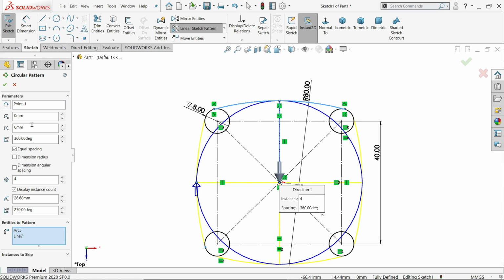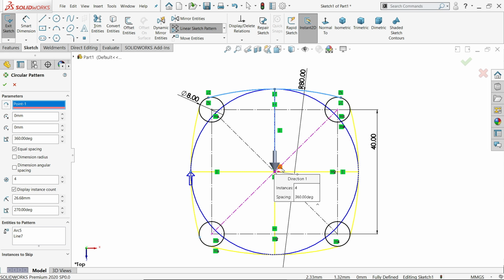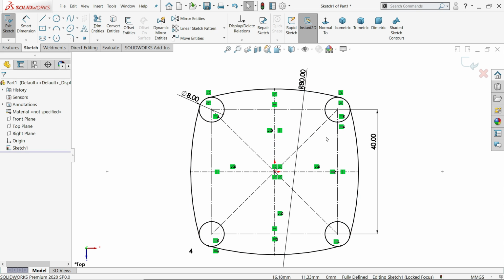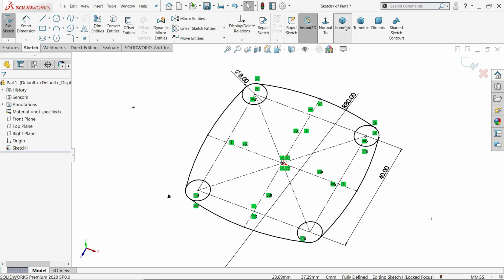So these two are going to be here. Now this center point is already selected, angle 360 degree, and make sure you check equal spacing so that no need to define any degree or any angle. Just put here instances. How many instances? 4 we need. Say yes. Now look, our drawing is fully defined, no need to do anything else.